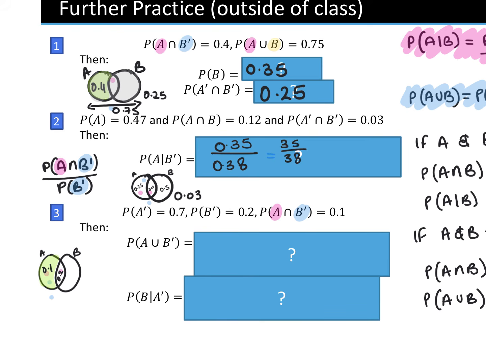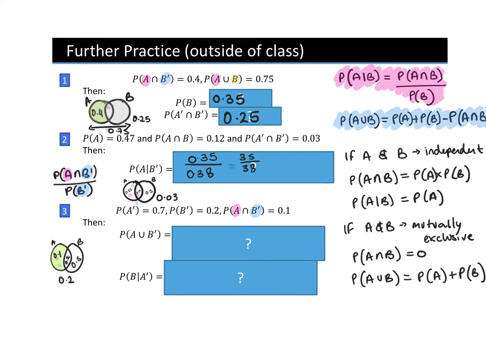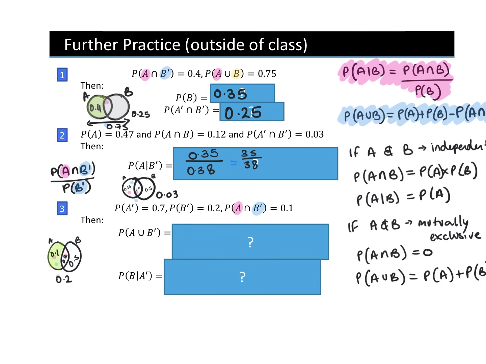Also, the probability of not B is 0.2, 0.1, and the outside must equal 0.2. And they all need to add to 1, so this must be 0.5. So I've figured this all out. And what it wants is the probability of A union